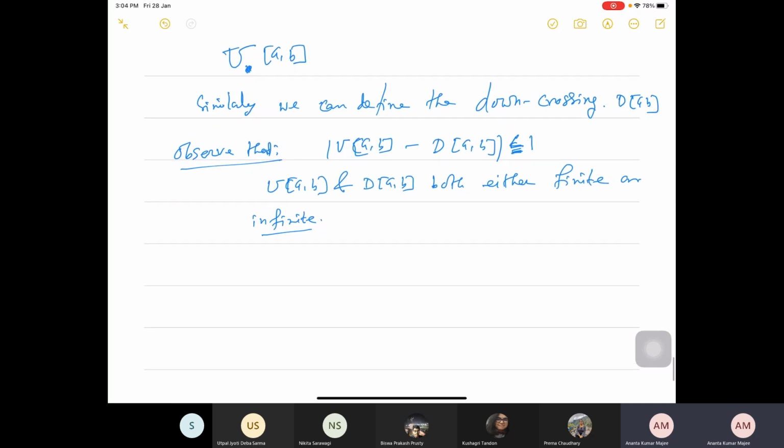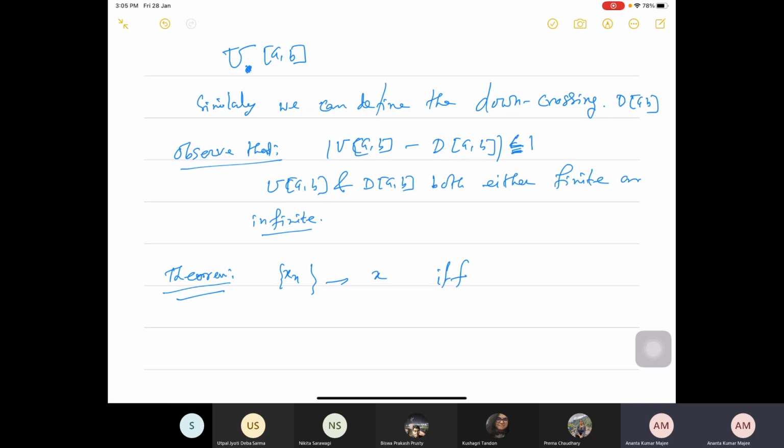So the significance of this up crossing lemma is due to the convergence criteria of a sequence. I am just stating this theorem. There is nothing to do with probability or the random sequence. You just have a sequence of real numbers, say x_n. This converges to x if and only if, where x may be an extended real number, meaning it may be minus infinity or plus infinity,